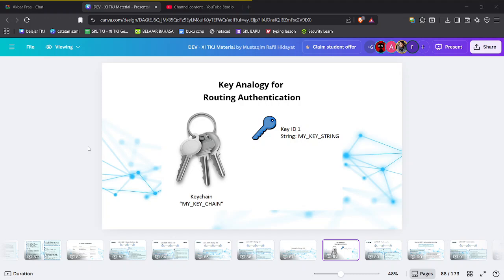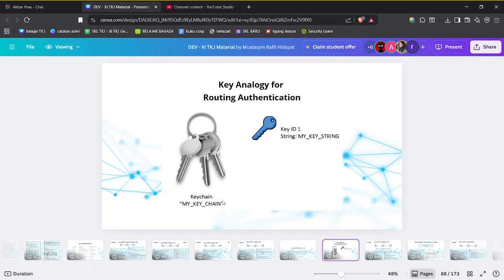The router can join our routing and advertise fake routes. That is very dangerous. So, to prevent this, EIGRP routing allows authentication using key chains. In real life, the key analogy is for routing authentication.